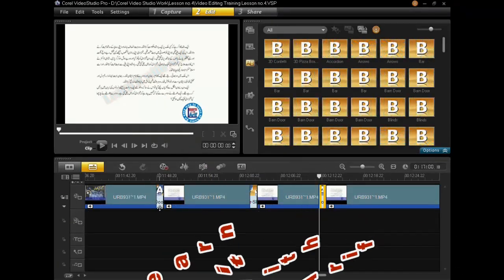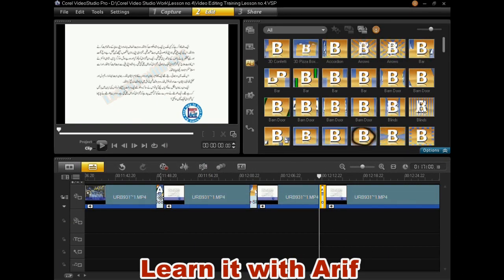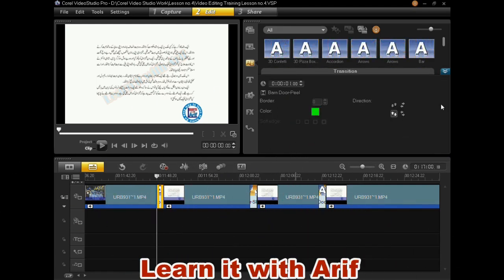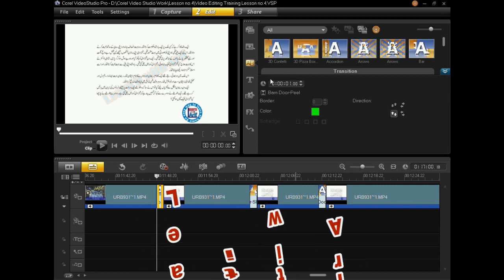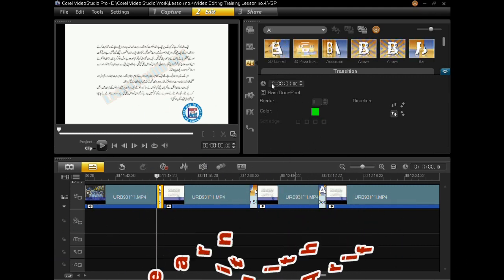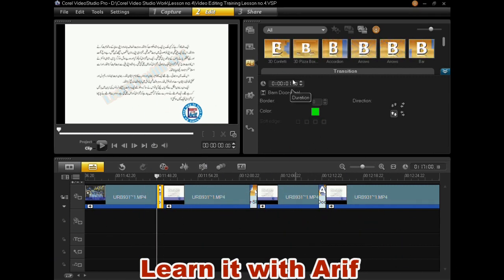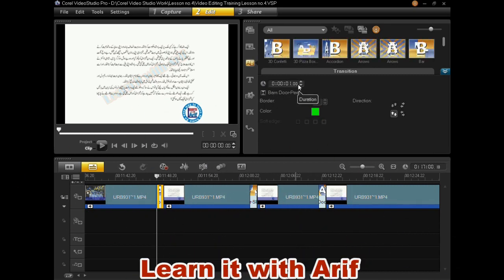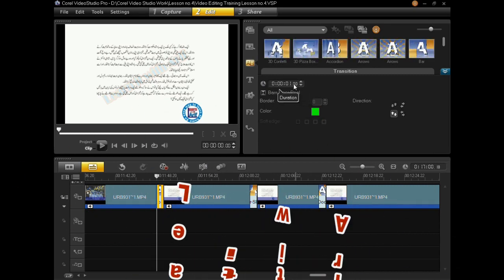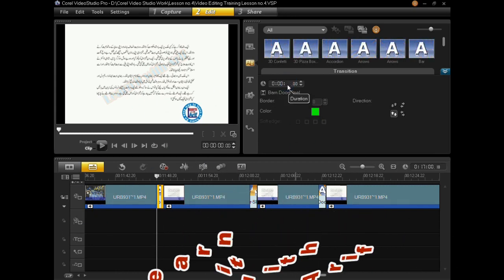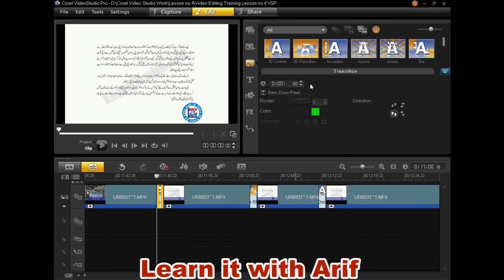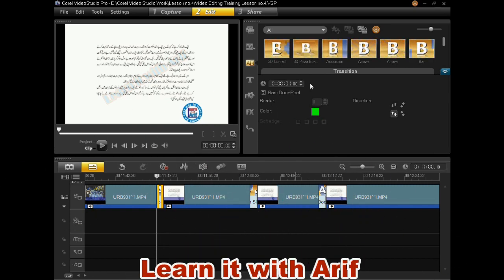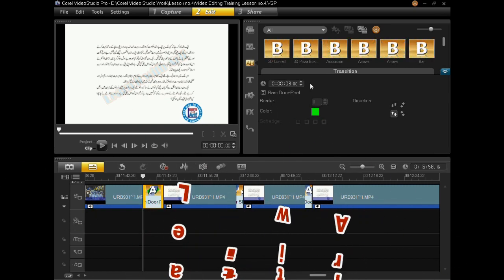To increase or decrease the duration, double click on the transition. You can see the options panel is open in the library panel. This duration box is to change the duration of your transition. I am going to change the duration of this transition from 1 second to 3 seconds.